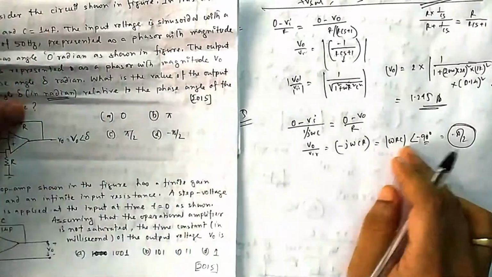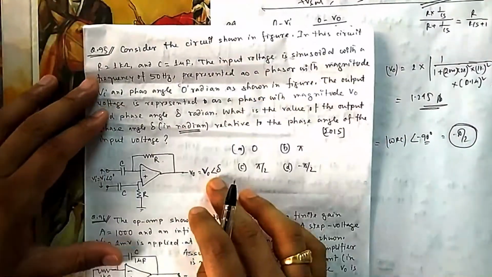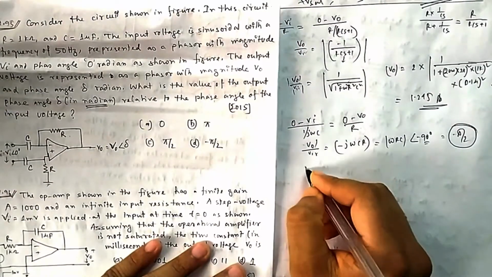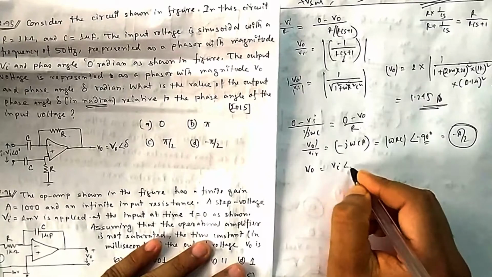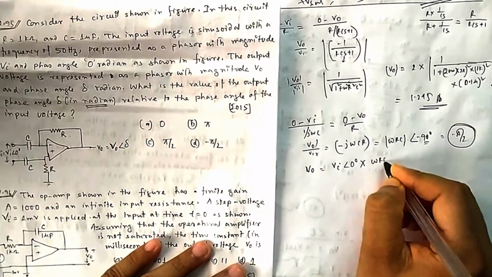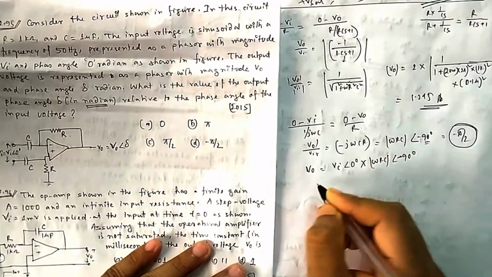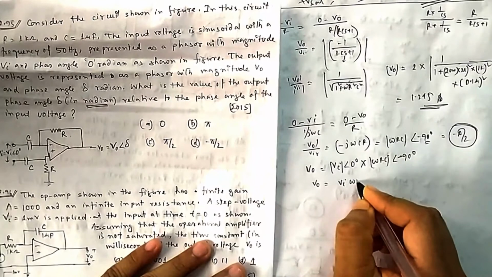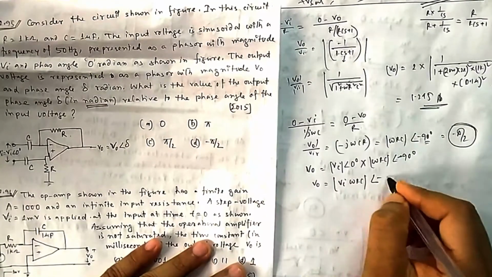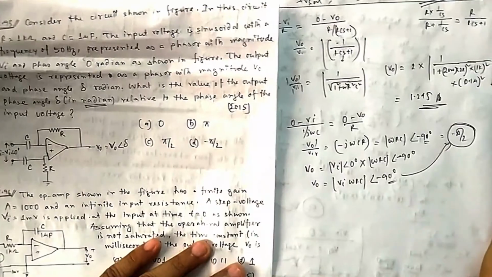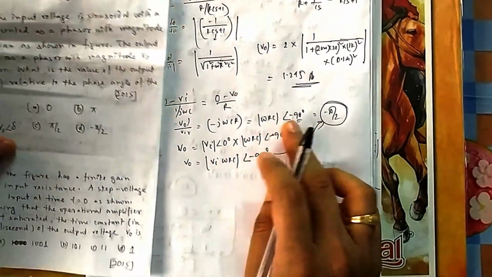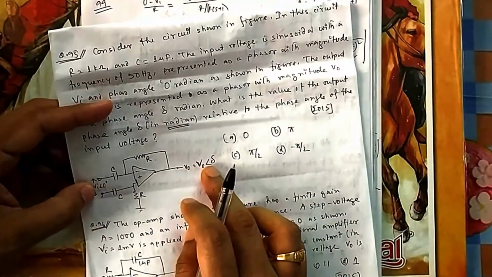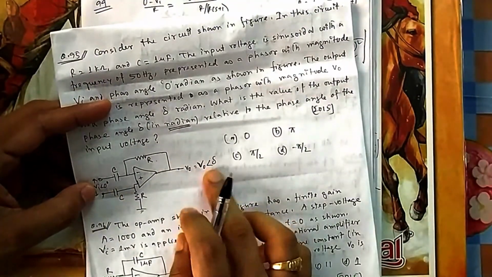They are asking what is the angle. If you multiply this, because input is Vi with angle 0, your output will be Vi angle 0, multiplied by omega RC magnitude and angle 90. So what will be your V output in phasor? The magnitudes get multiplied, Vi omega RC, and the angles get added, 0 plus 90. Because the original angle was 0, the output angle will be a 90 degree shift. If it is 30, then it would have been 30 plus 90, that is 120. You have to be careful.